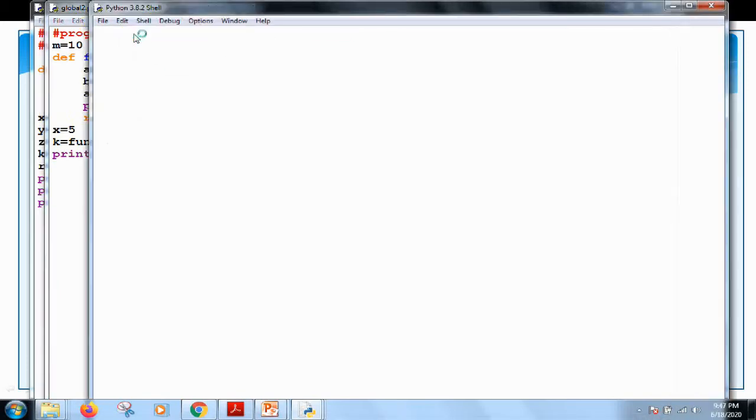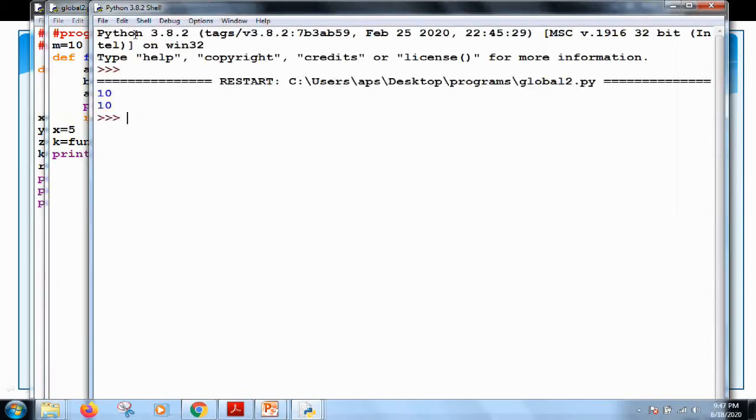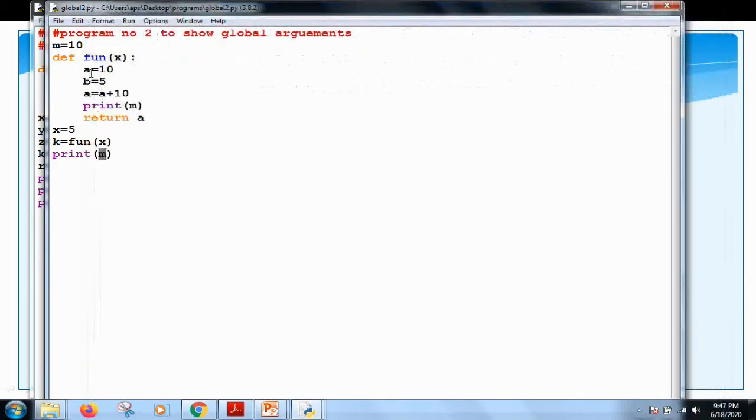So in both the examples, what I am trying to show you is that the global variables are those variables which are declared outside all the functions, and those variables which are declared inside the function body are available within the function body. The lifetime is within the function body. For example, in this code, a, b are the variables which are declared inside the function x, so I cannot access them outside the function. If I try to write here print a, then it will give me an error.